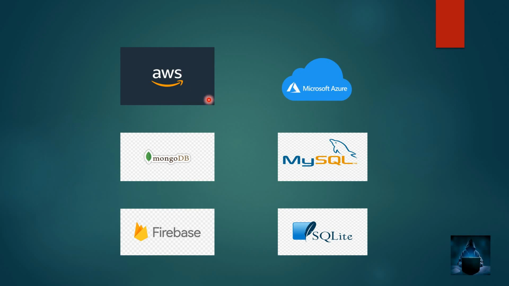So the most popular ones nowadays are Amazon Web Services and Microsoft Azure. Same way we have MongoDB and MySQL. And for mobile operating systems, we are mostly using Firebase or else SQLite, right? So for example, if I want to develop any native mobile applications, in that case I won't prefer MySQL or MongoDB. Instead, we will be going with a database called either Firebase or else we will be moving with SQLite.